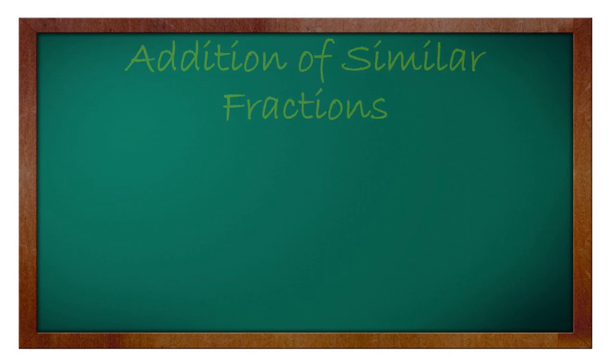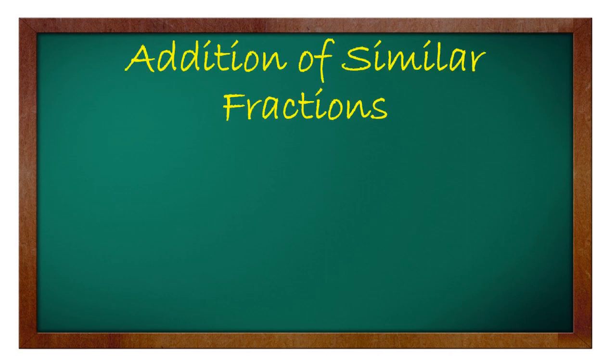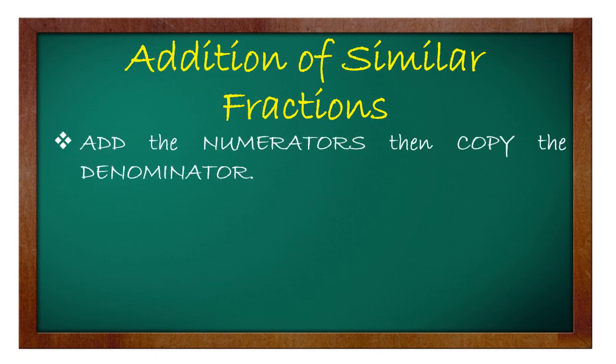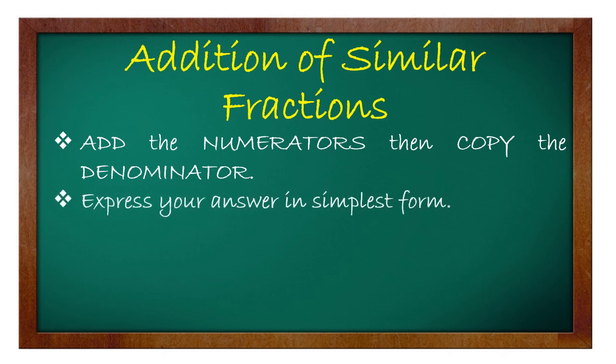So, let's have now the addition of similar fractions. Madali lang mag-add ng fractions kapag similar sila. So, ibig sabihin, kapag parehas ang denominator, madali lang. Bakit? We just simply add the numerators and then copy the denominator. And then whatever the sum is, we have to express it in simplest form. So, kapag may common factor yung ating numerator tsaka denominator, kailangan natin i-divide sila by their common factor para makuha